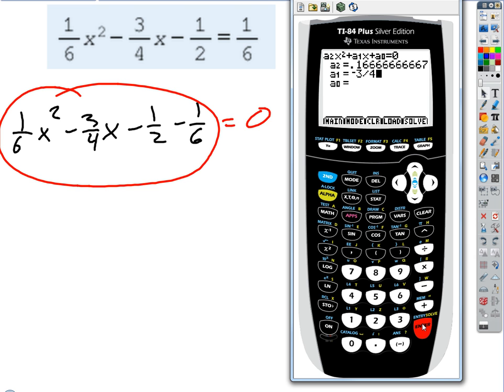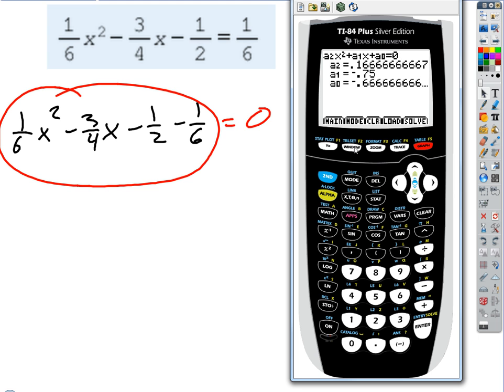And then the last one, I can even do -1/2 minus 1/6, and it'll make that a decimal for me. Then if I just go up and hit solve, there are my answers. Now it's rounded them quite a bit, and I think that's because